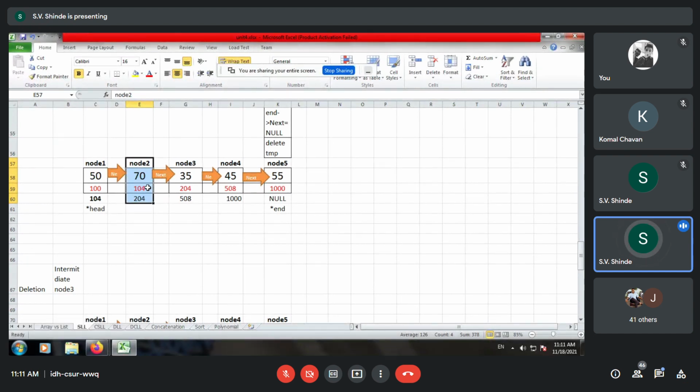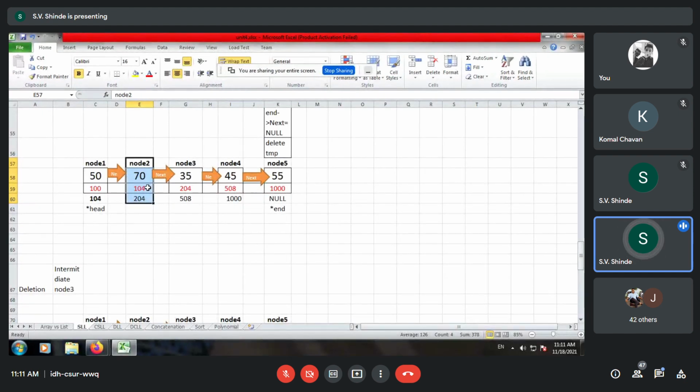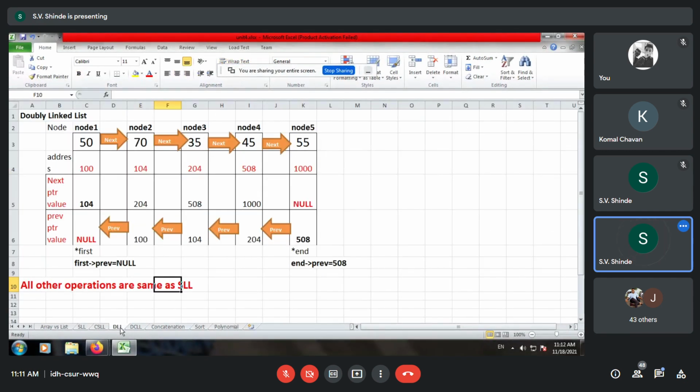So it becomes complicated, and for that purpose, to traverse the linked list in both ways, we have another pointer added to the structure, that is the previous one, and the linked list is modified to a doubly linked list. Over here we can see the structure. The node has an address, it has a next pointer and a previous pointer. So you note down this.